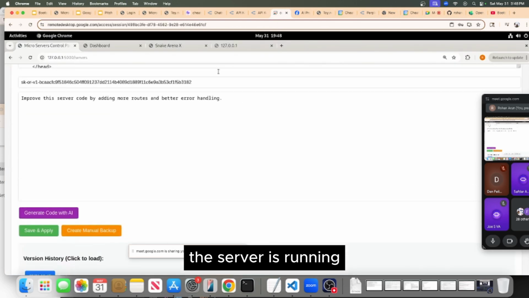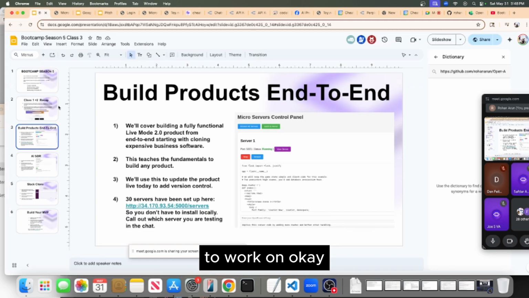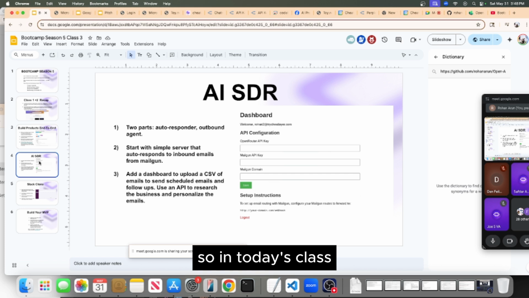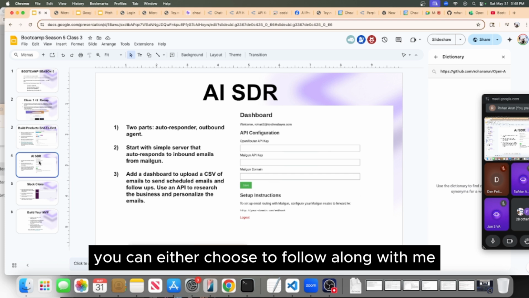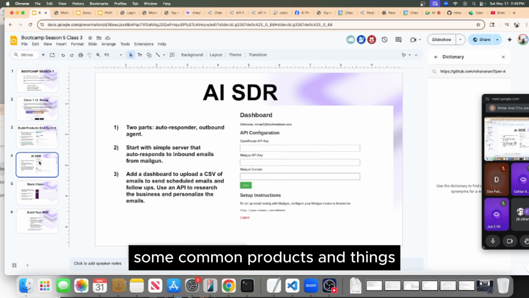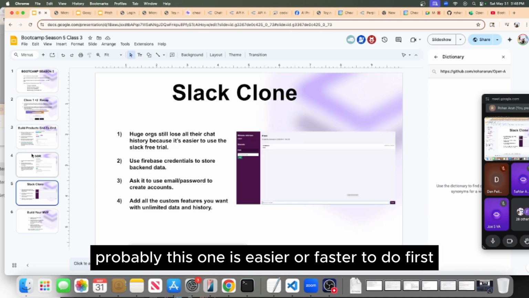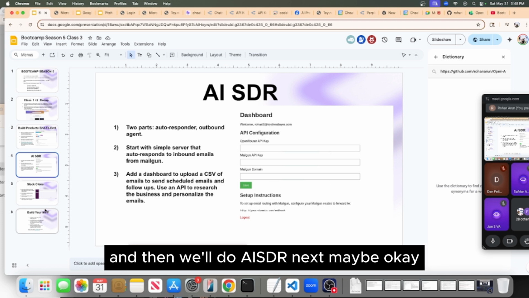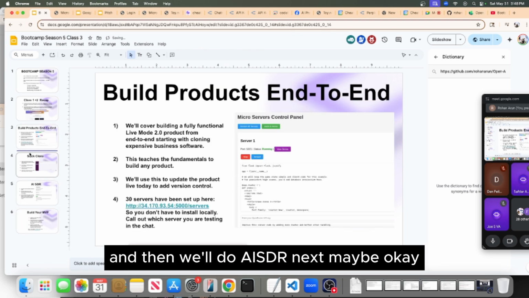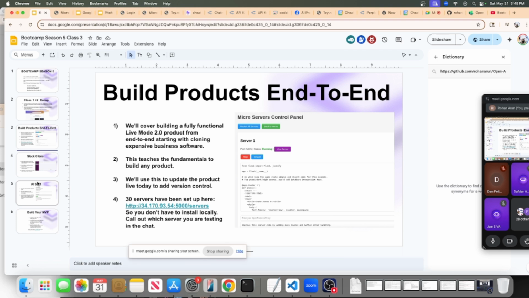The server is running, and you guys are picking servers to work on. Okay, so in today's class, you can either choose to follow along with me and build what we're building, and we're just going to go over some common products and things. Let's see, probably this one is easier or faster to do first, and then we'll do AI SDR next, maybe. And then over the course of the next week or so, I'm actually going to build entire products